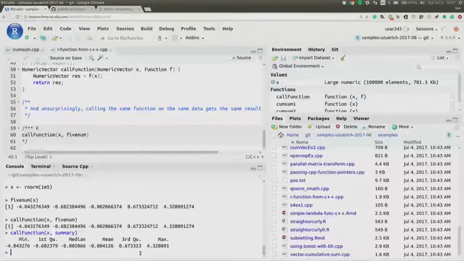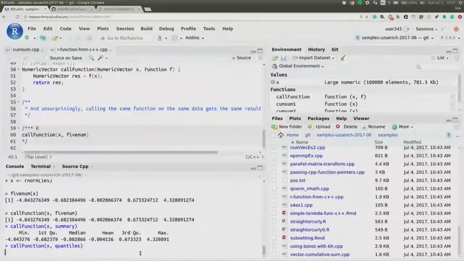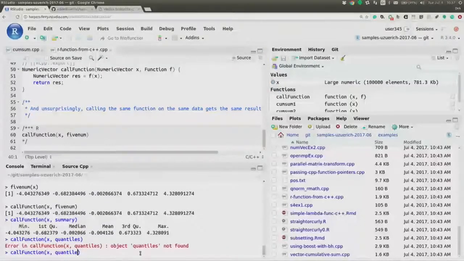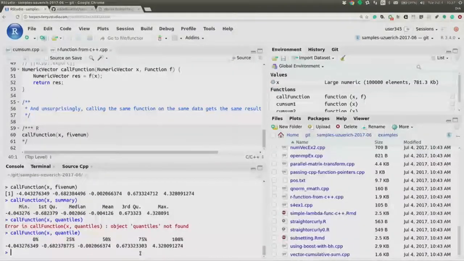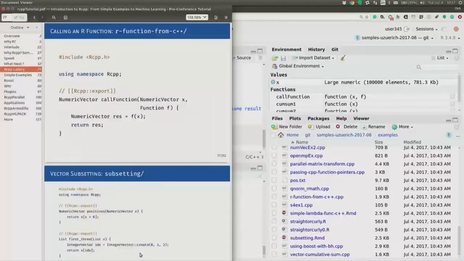So I could have used summary instead of fivenum, and I think this one works too, because it also has default arguments. So all good, because it just gets evaluated. So perfectly generic. We can call R functions from C++, but big finger wagging, they don't get any